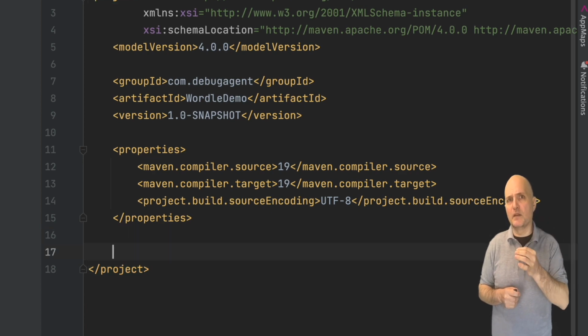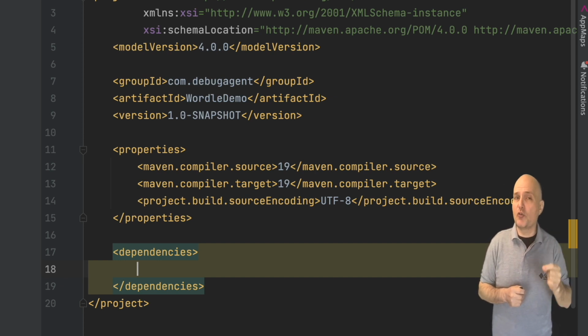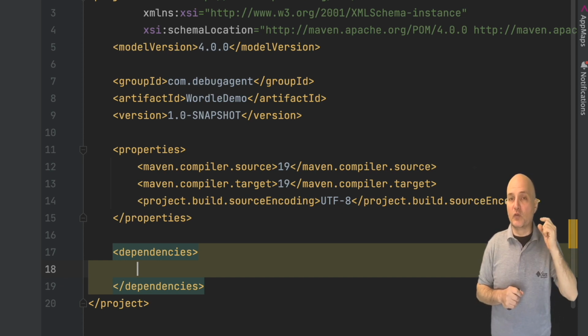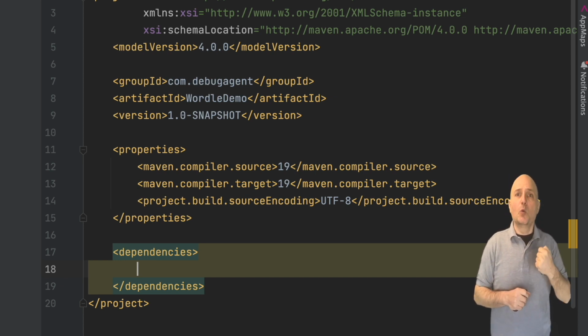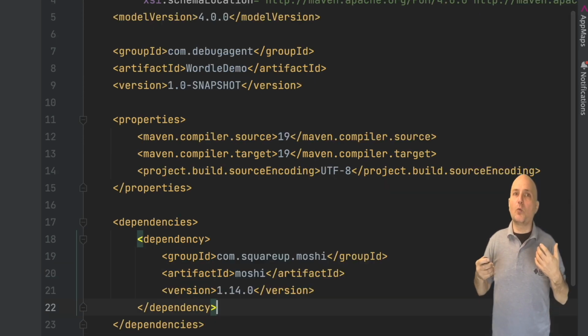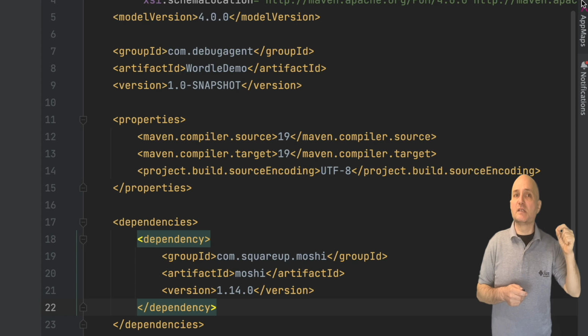Now we need to paste the dependency we got from the web page. But since this is an empty project, it doesn't have a place to paste it. We need to create a dependencies section. XML has opening and closing tags that you see here. The IDE can complete these tags for us, just like in code. We build a hierarchy of tags which are used to include everything that we need. Every tag must be closed or things won't work as expected. Now we paste the dependency here. If there are other dependencies, they can fit in this area together.